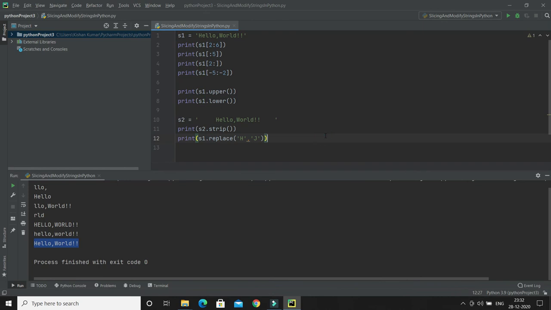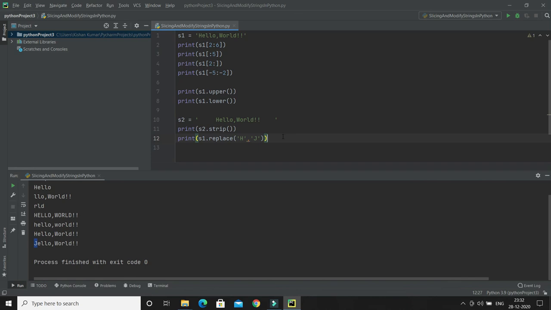If I run, you'll see the output accordingly. Here you can see h has been replaced with j. There is only one h, so that is replaced with j. That's how you can replace any substring in the given string or given text. That's how the replace method works.